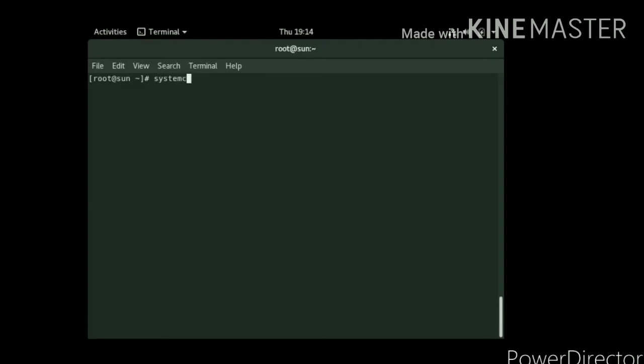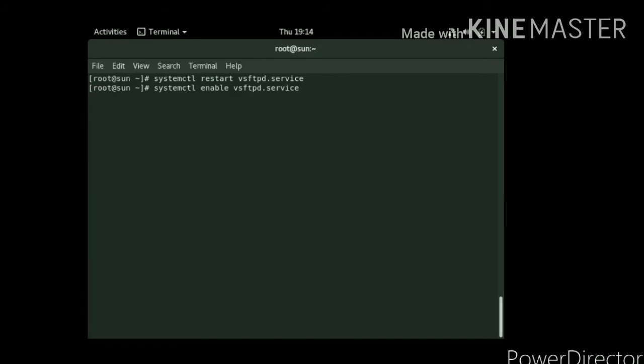The command is systemctl restart vsftpd.service. Enter. Now to make the service permanent, we have to change restart into enable. The command is systemctl enable vsftpd.service.